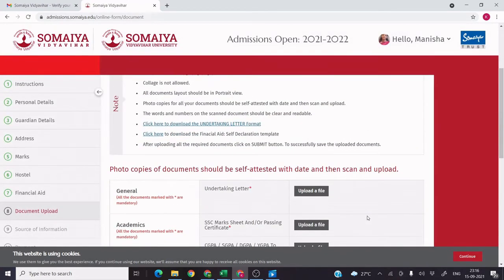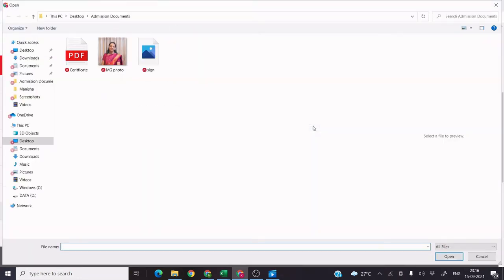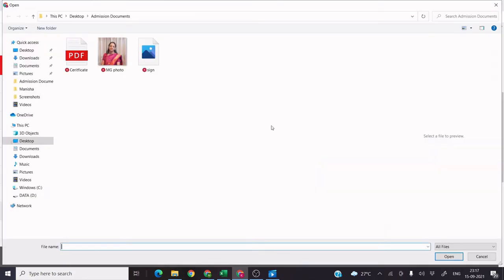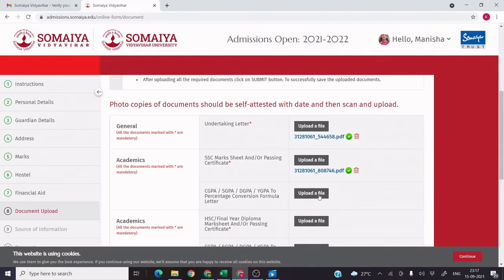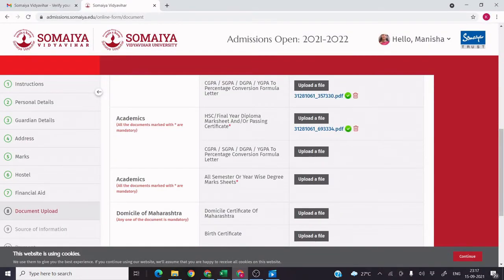Then the next step is very, very important, where you have to upload your files. So the first step is to upload your undertaking letters. Again the same procedure: you will go to your desktop, you will take a file from your folder, upload file. Same thing for your SSC, HSC and graduation certificate, even your post graduation certificate. Click all certificates, click over there. This is a very, very important step. So upload properly in front of your proper document.